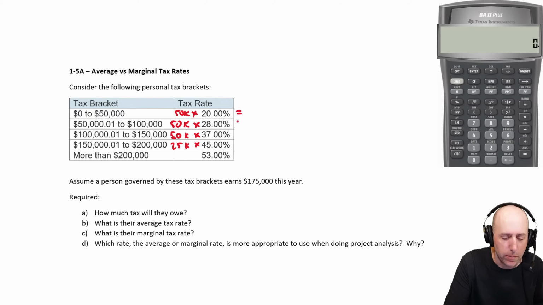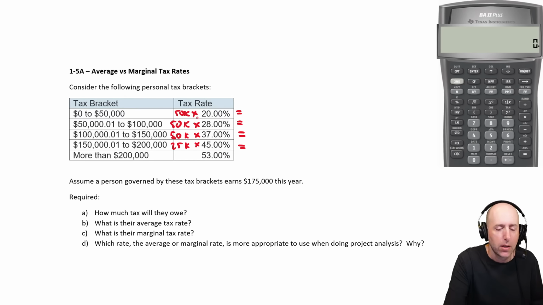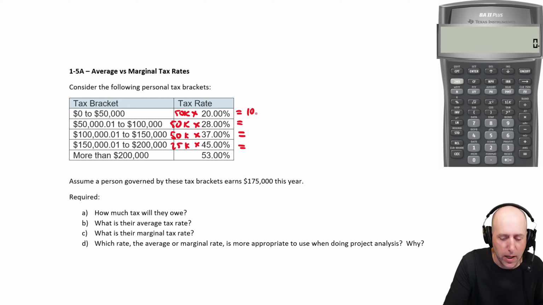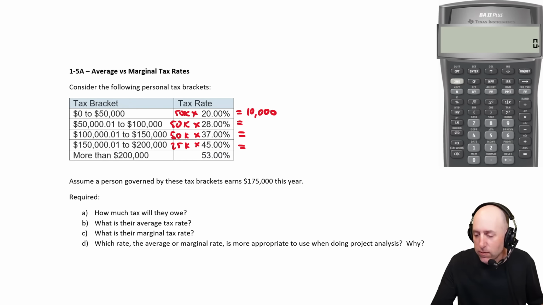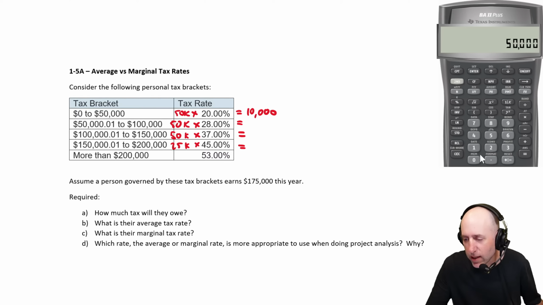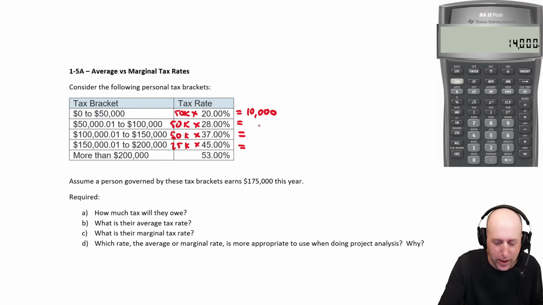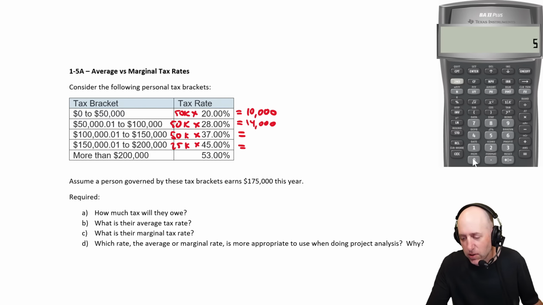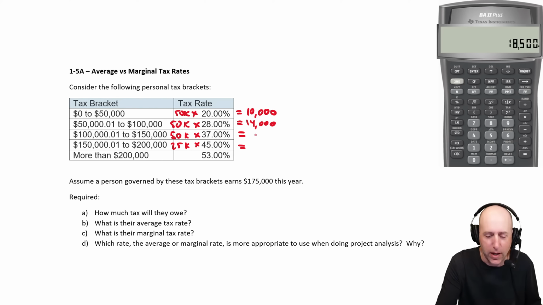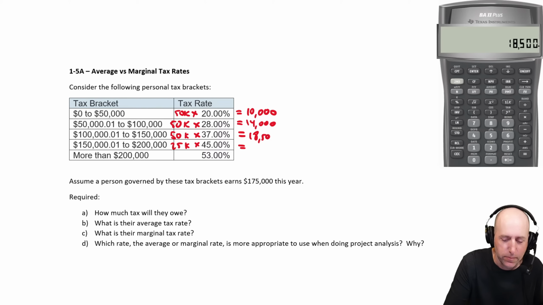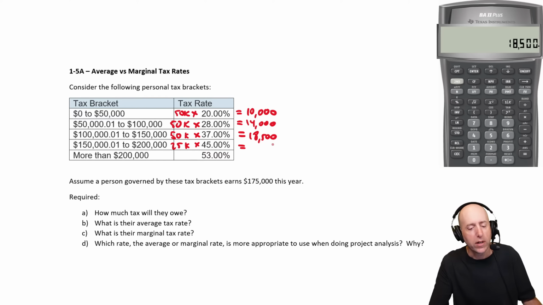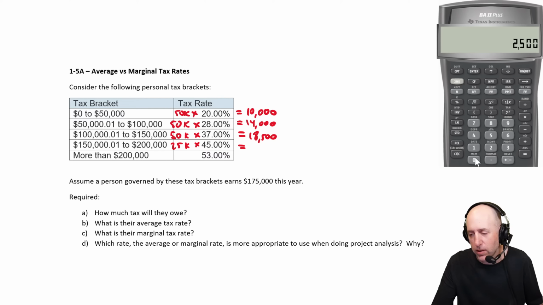So let's do some math. 50 times 20%, that's $10,000. 50 times 28%, $14,000. I did it quick in my head there. I should have trusted myself. 50 times 37%, $18,500. And last but not least, 25,000 times 45%